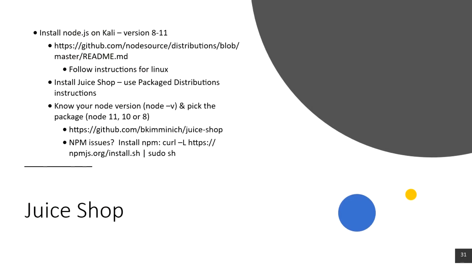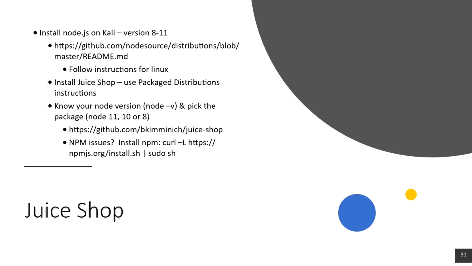There are various vulnerable web apps that you can pick to work with for our module. I did a little write-up here on Juice Shop. You have various options for Juice Shop as well in terms of how you install it. You can do Docker, you can use Vagrant, or you can actually just install it locally on your Kali VM. If that's what you choose to do, you'll want to make sure that you have the correct version of Node.js